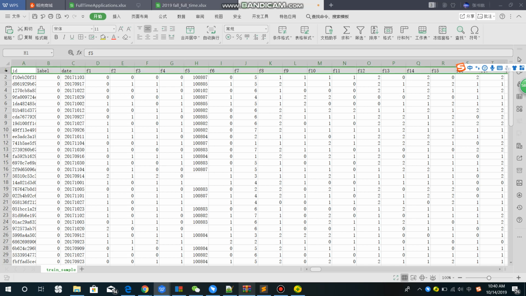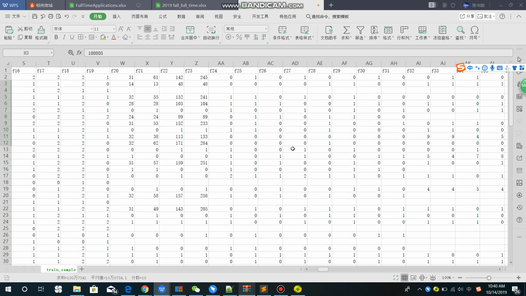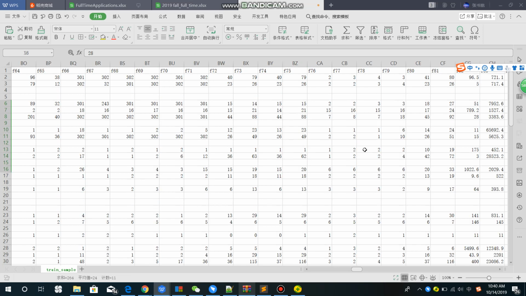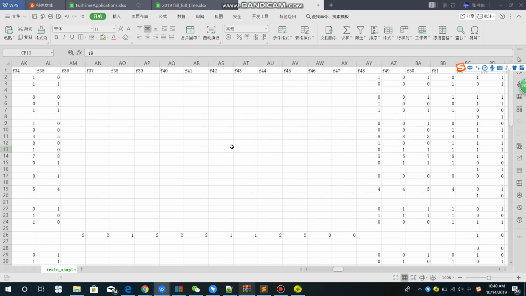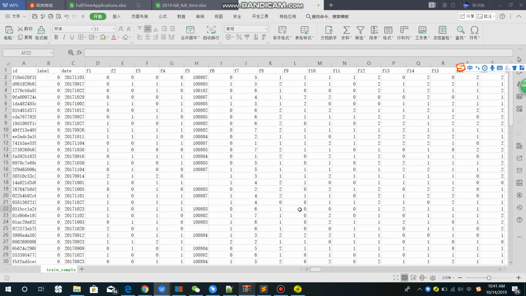It doesn't matter what the names are. We have date, it must be the postcode, and number of transactions or the transaction amount. We know that there are a lot of missing values,